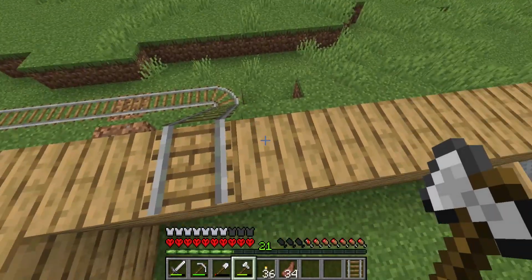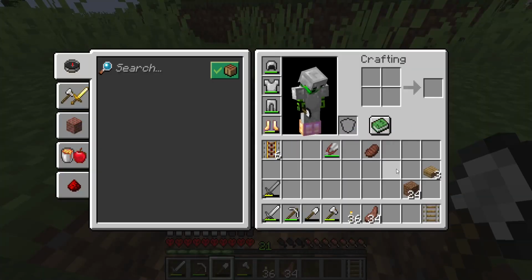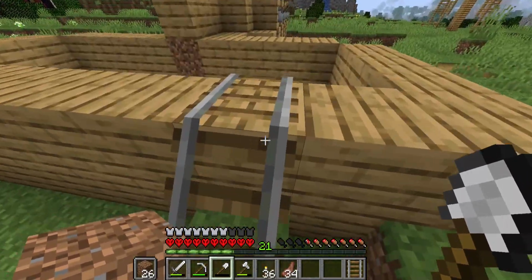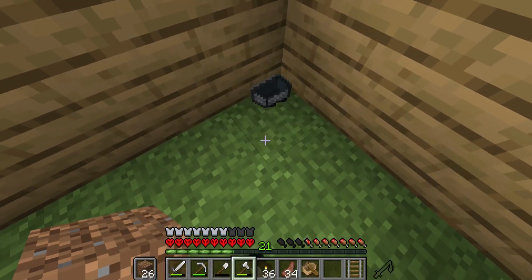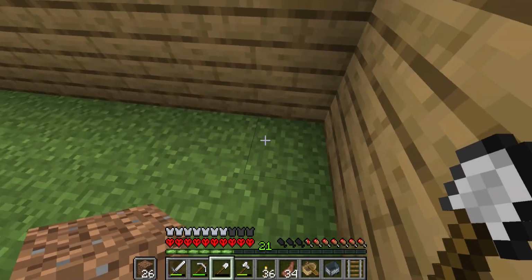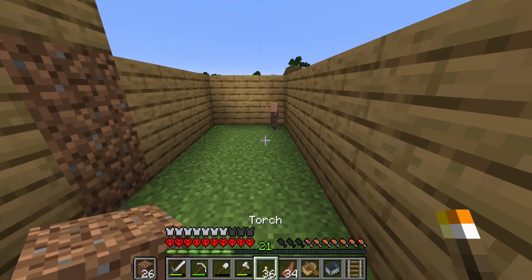Crap. Okay, so I'm gonna get a little bit of dirt. I already have some, and put it in my offhand so that I can break this guy free, get the minecart, then nope, forgot that's how it works. Great, okay, so